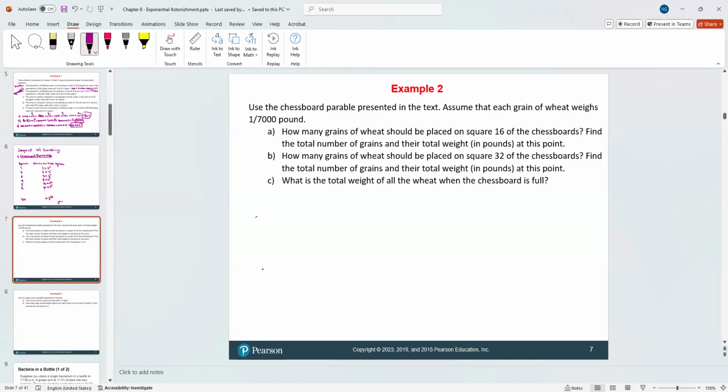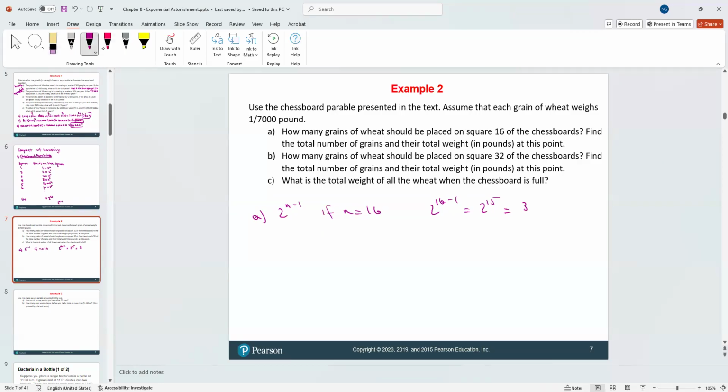For A, we have the formula 2 power n minus 1. If n is 16, the number of grains you need to add is 16 minus 1, so 2 power 15. Using your calculator, 2 power 15 is 32,